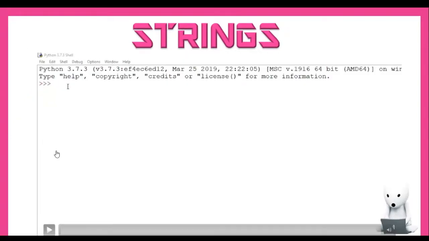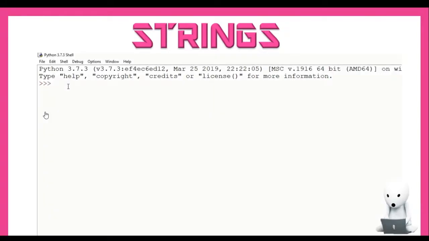Let's see one example of how a string can be declared or stored. Let's take one string, str is equal to, 'this is my first string'. Here I have enclosed this in single quotes, so this is a single line string. str1 is equal to, this is an example of storing a string within double quotes. "This is my first string within double quotes."